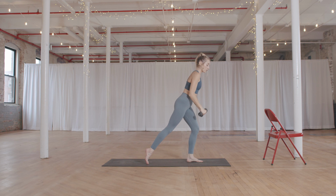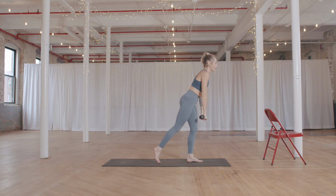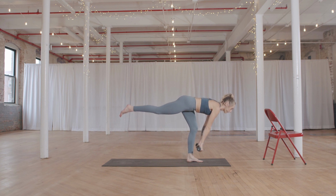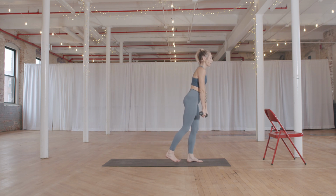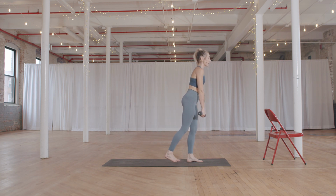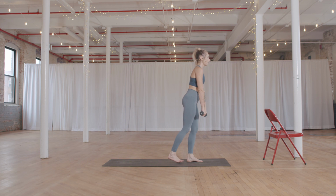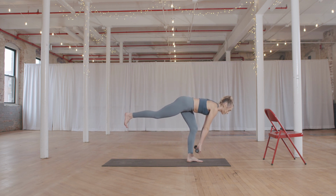Keep it back. Weights go down. Deadlift. Go down and up. Lower and lift. So when you lift, can you lift from your left glute? Lower and lift. Here's 8,